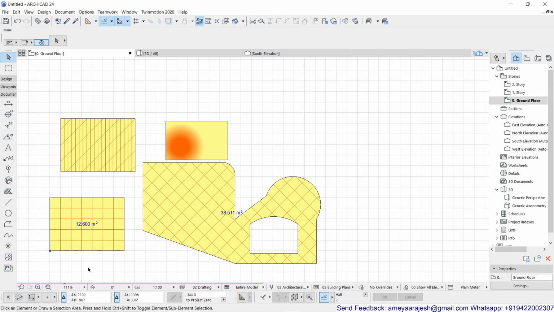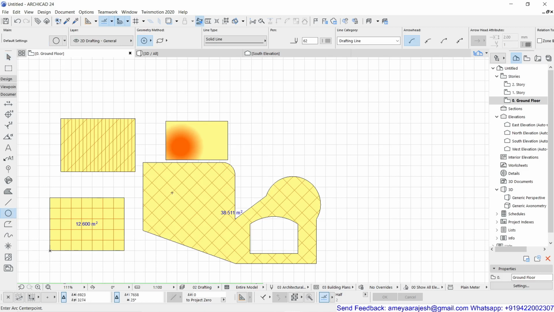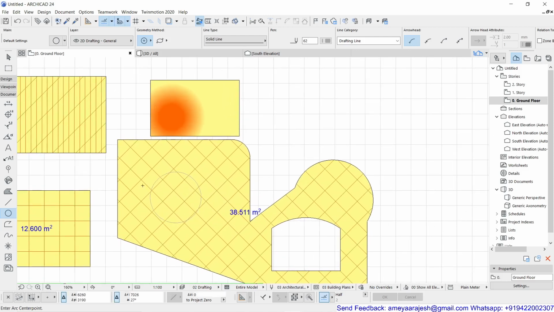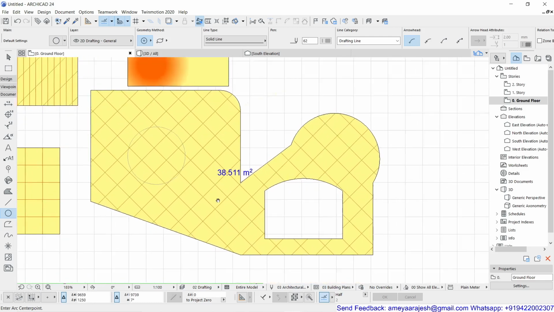For example, let's place a circle inside this existing hatch, and I want to generate a puncture of the same size. Say I have completed this circle with 1,000 as its radius, and I want to drill the puncture of this circular shape in this existing hatch or fill.